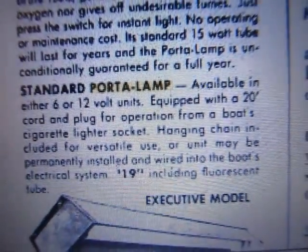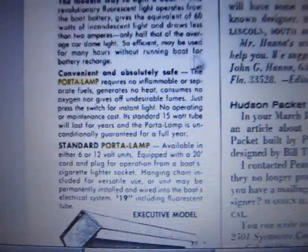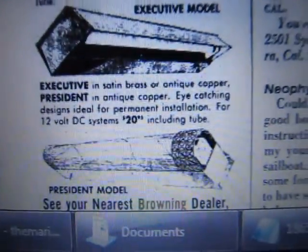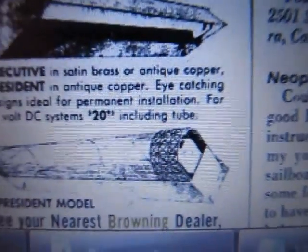$19.73, it looks like, including fluorescent tube. That comes to around $140 in today's money. Then we have the executive model in satin brass or antique copper. And then we have the President, which looks kind of like mine, but as you can see, it's slightly different